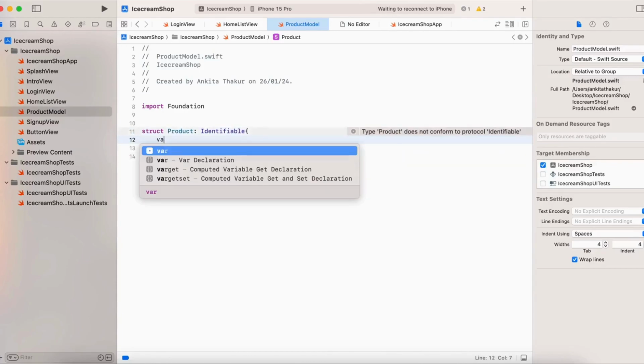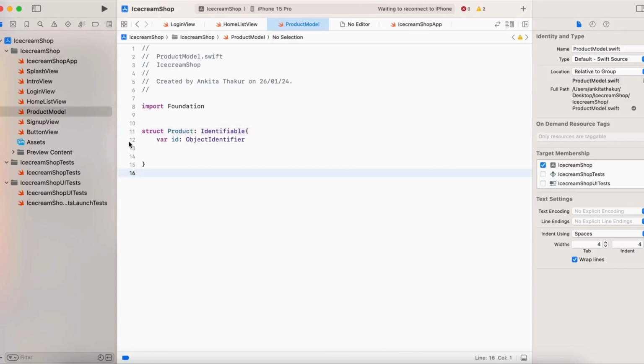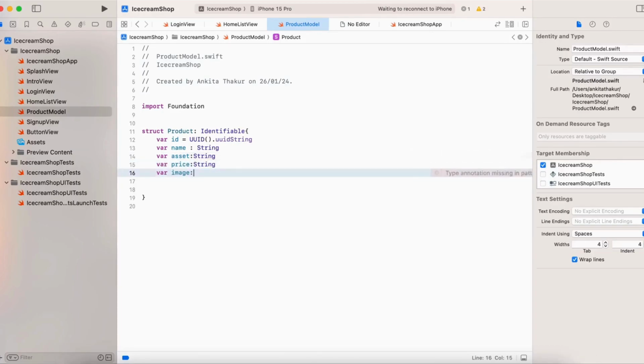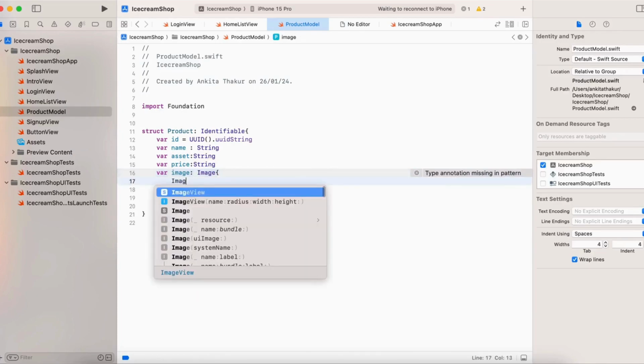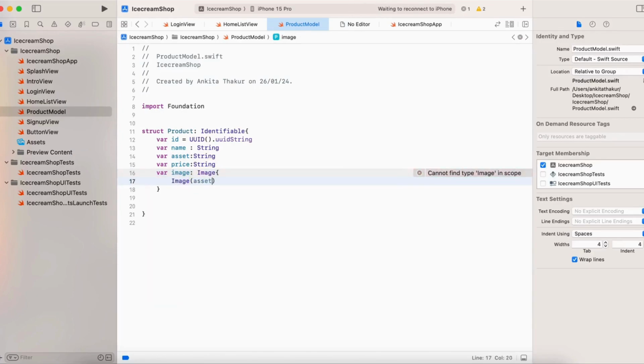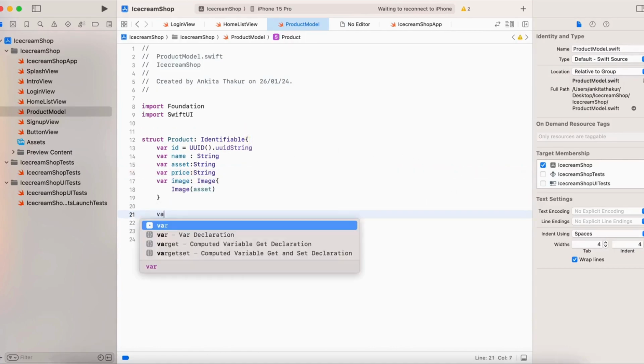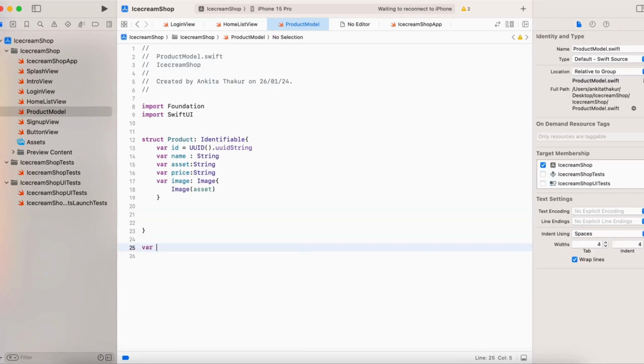It has the following properties. ID, a unique identifier generated using UUID string type. Next is name, a string that represents the name of the ice cream. Next is asset, a string that represents the name of the assets. Price, a string that represents the price of the ice cream. Create an image variable that is a computed property of type Image that generates an image instance using the provided